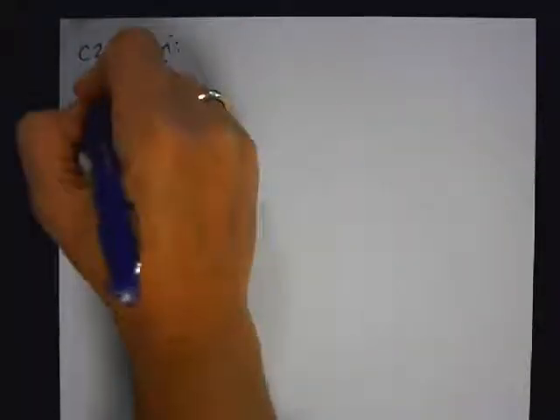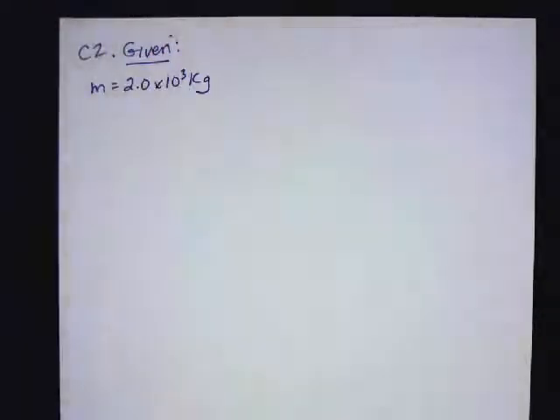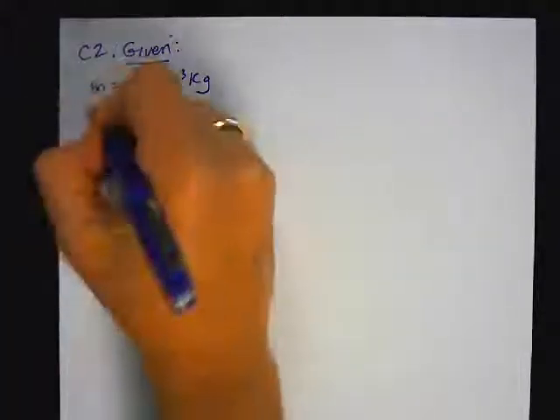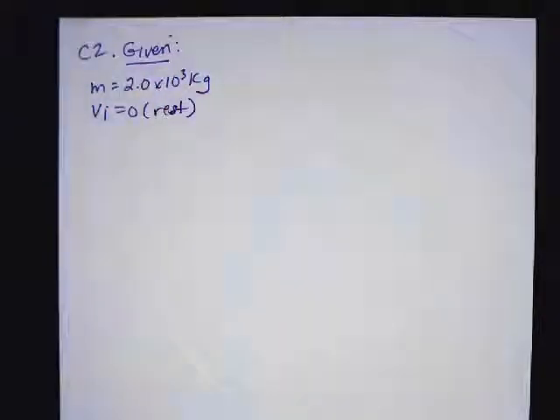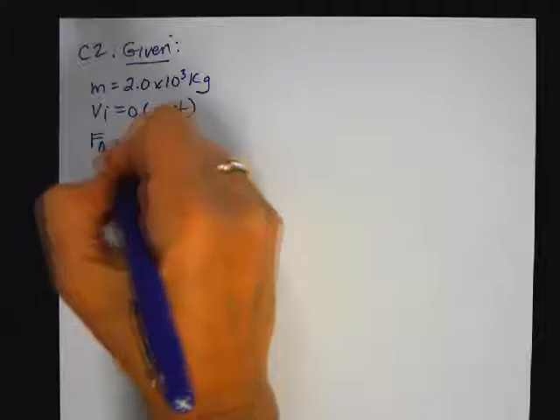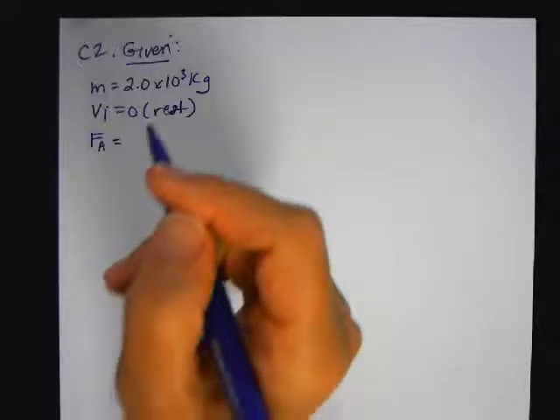All right, let's look at C2. C2 says a 2 times 10 to the third kilogram car accelerates from rest under the actions of two forces. One is a forward force, so I'm going to call that FA. It's not really an applied force, but it's pushing it forward, so we'll call that FA,